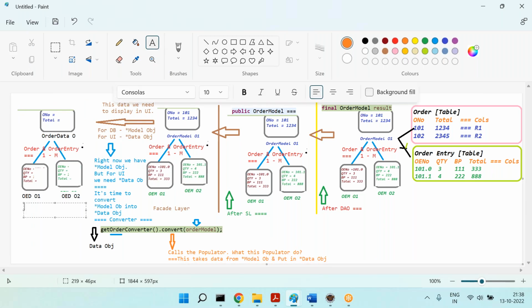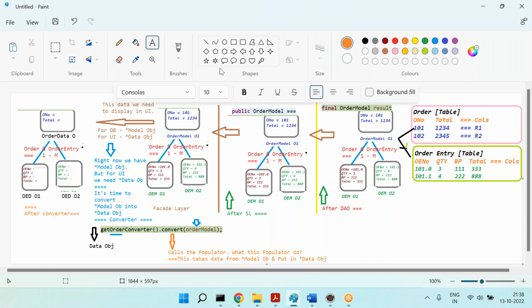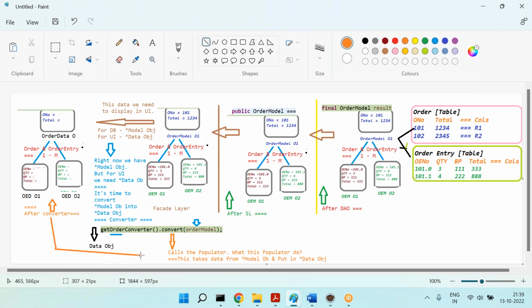So I will just write this as after converter. So this is the result after converter. Converter internally calls the populator. Now after populator,